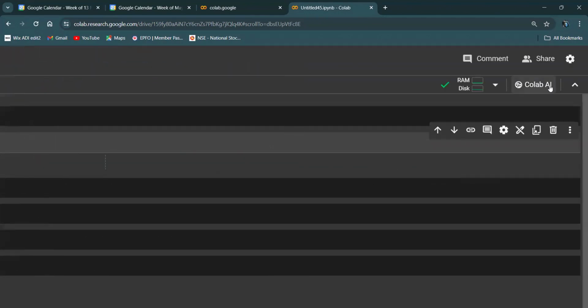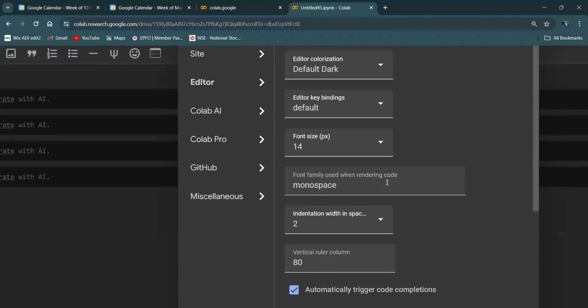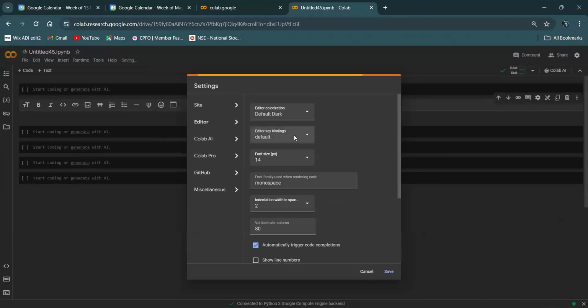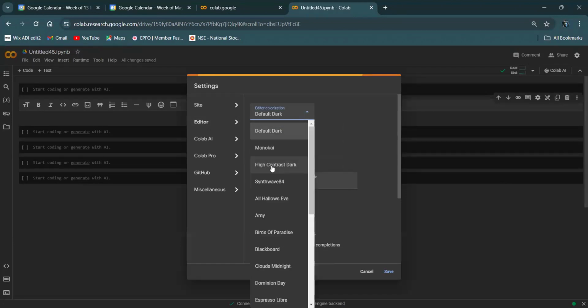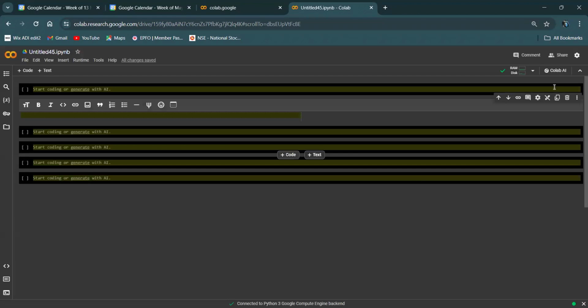To add any comment to the cell, go to settings and open editor settings. Here you can see how you want the cell to look, and you can see the change.